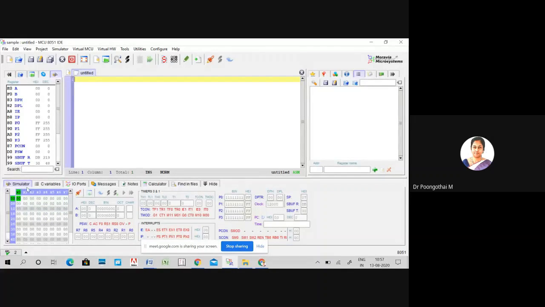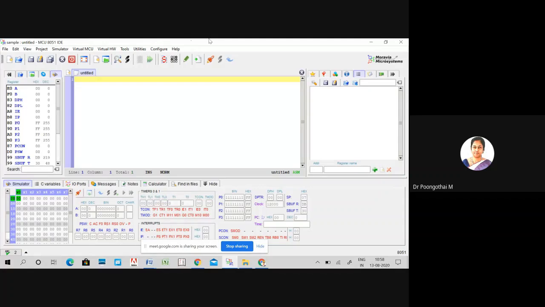Here you can see all your register contents, including general purpose registers and special purpose registers like TCON, TMOD, IE register, and all your ports, DPTR, program counter, power control register, and serial control register. So using this window, you can view the content of all your registers.